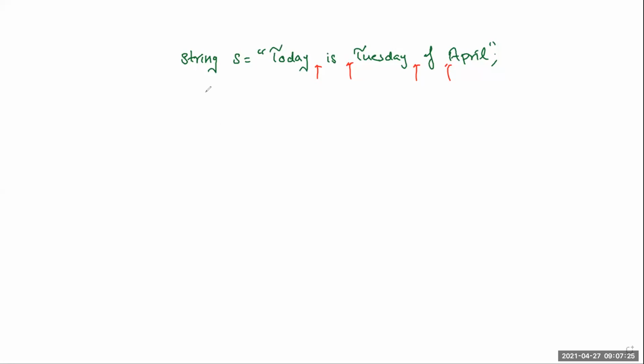Now what we can do, it's fairly easy. We can check every character one by one, and then we take a variable spaces. Whenever we find a space, we increment it. So it's fairly simple. Actually, you have to count how many spaces are there. So I take a variable spaces, I initialize it to 0. Then I have to check every character. Since I need to access the individual characters, I will use a for loop. So I will say for int i starting at 0, i less than